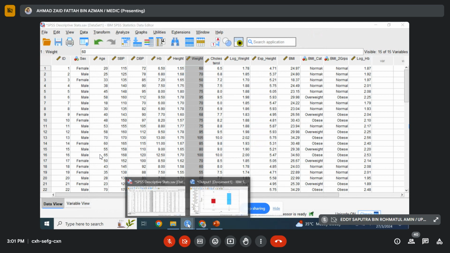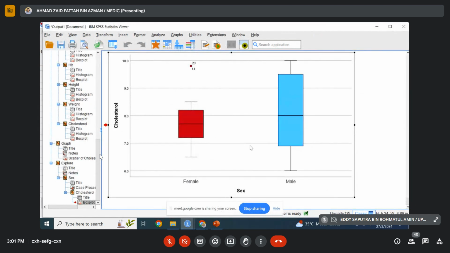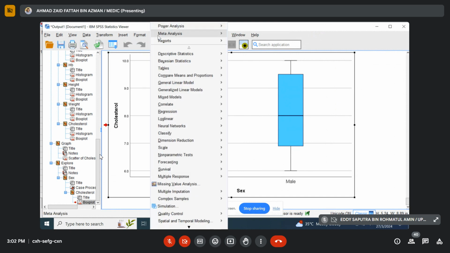Okay. So now male and female. Sometimes, although if you perform your hypothesis testing and then you find it not significant, sometimes your chart can give you more information compared to your statistical test. For example, like this one, male and female. Let's say we try to analyze. I perform